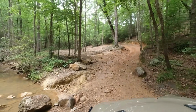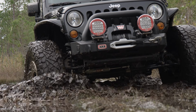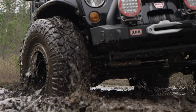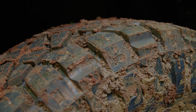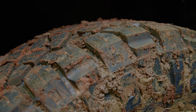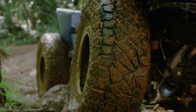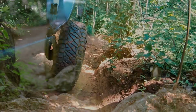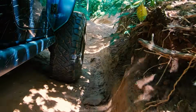The Ridge Grappler, on the other hand, has proven to be extremely effective in the mud. Its deep voids, kick-out bars, and large mud terrain-like stagger keep you moving forward without a lot of drama. Dropping this tire down into the single-digit territory on the trail has proven time and time again to be an extremely worthwhile way to increase traction, improve ride quality, and just general off-road performance of not only the tire, but